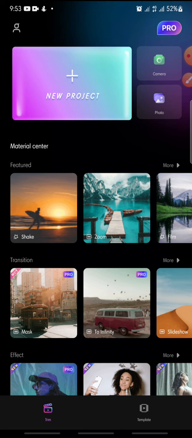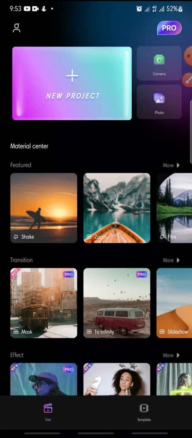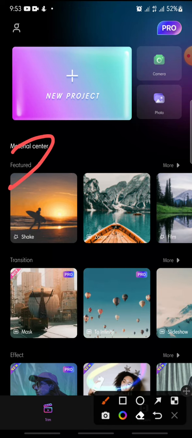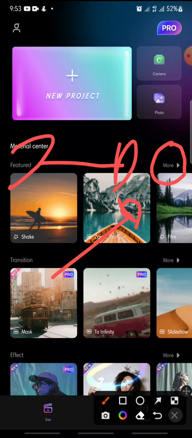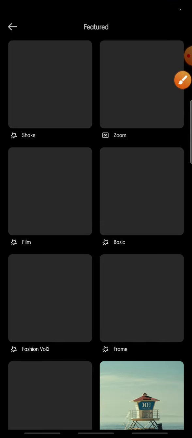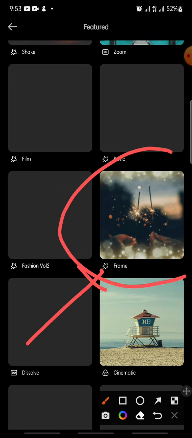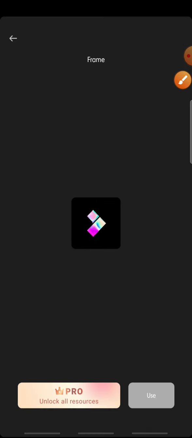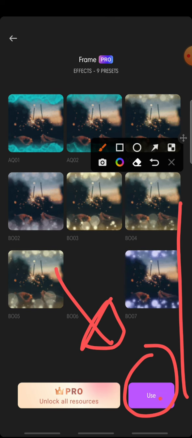Now let's get started. First, after you open your Filmora app, in here you can see a feature, and at the feature you can click on more. And after this you can see a frame effect, this one. So you just click on this, and after this you can click on use, click on it,